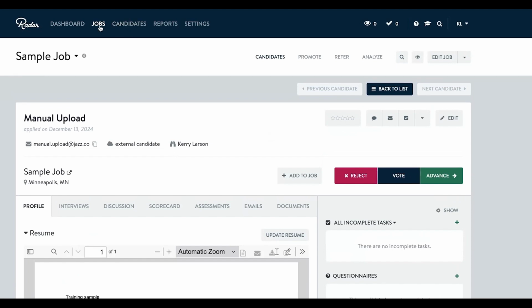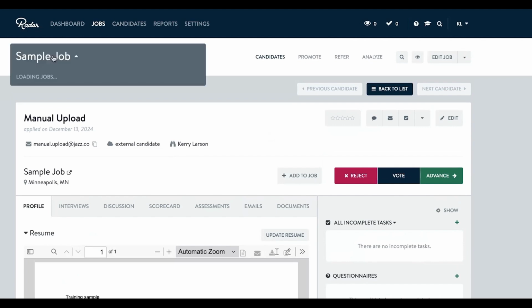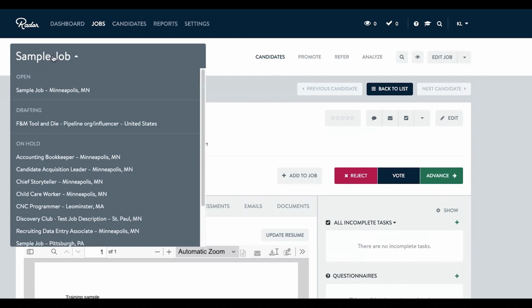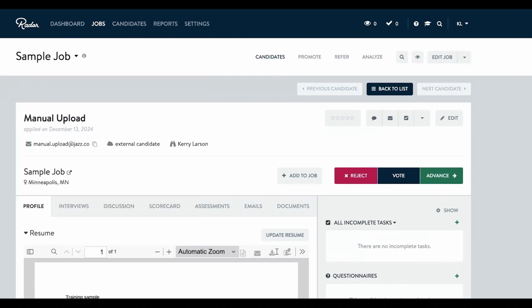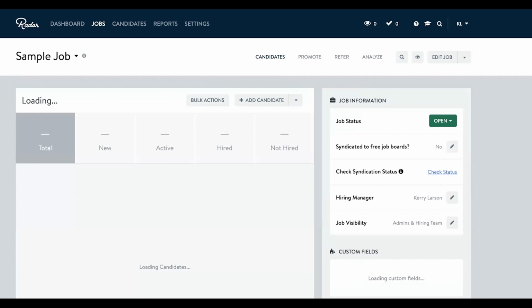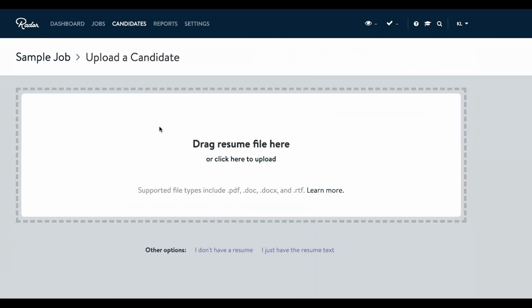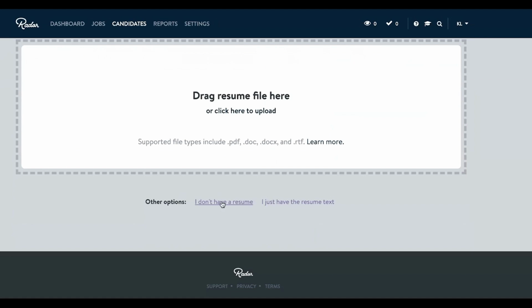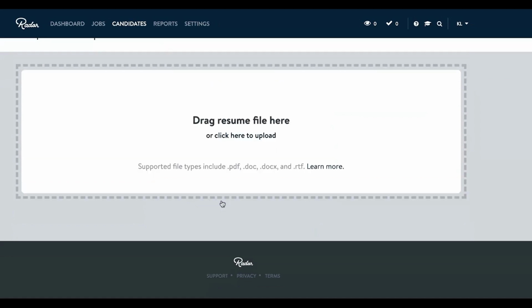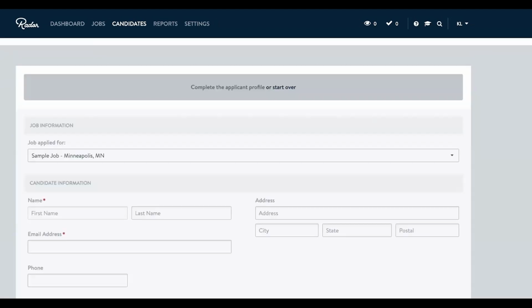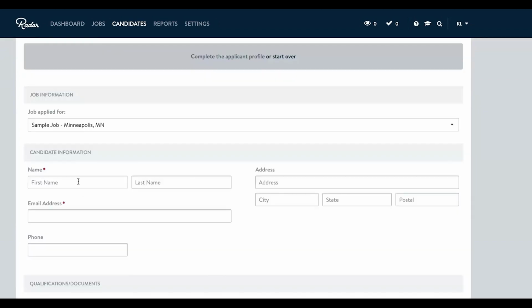If we're going to manually load a candidate, we could do that by going back to the job. And again, we would go to add candidate. And this time, instead of dragging and dropping a resume, we're going to choose the other option, I don't have a resume. And this is where it pops up and you can put in